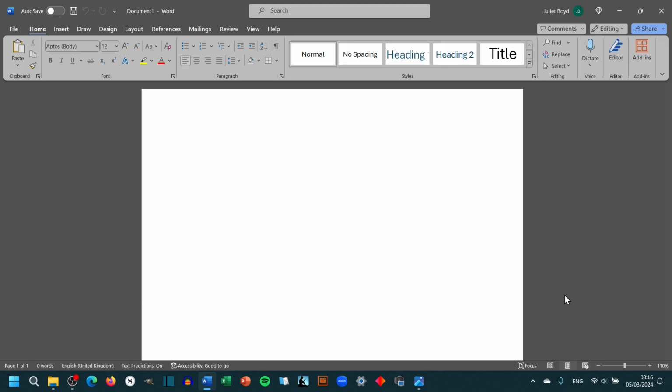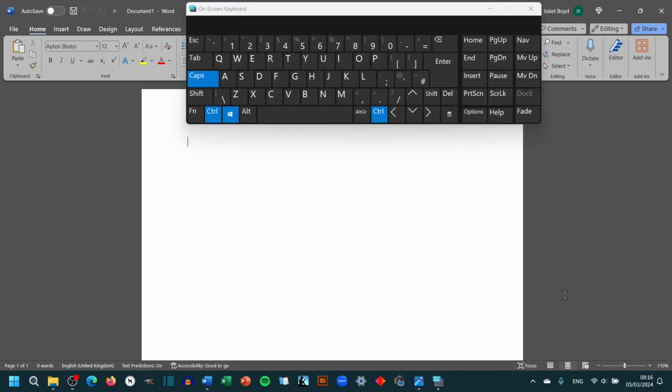If you want to have the keyboard up on the screen so you can see where all the characters are, you do Control, Windows key and O. You should actually type on your actual keyboard rather than on the screen, because I've found that it doesn't really work if you use the keys on the screen. So the Italian keyboard is fine.